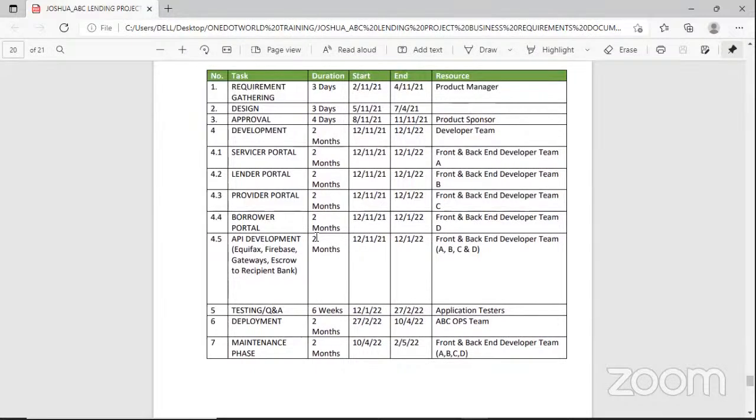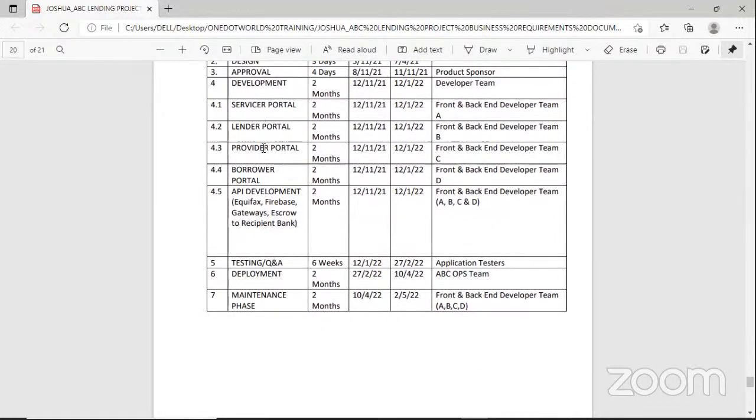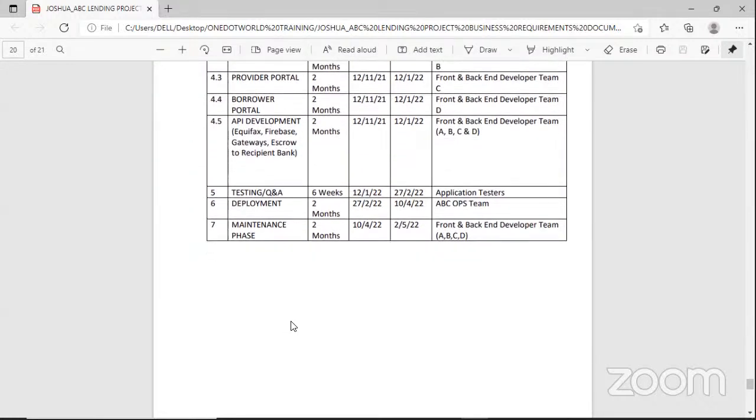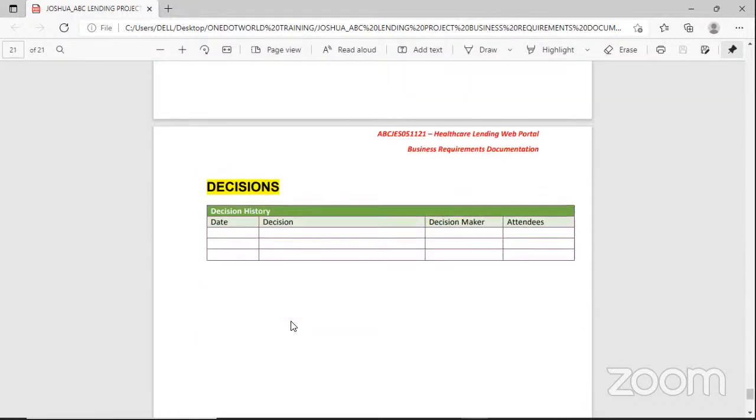Within this period, we'll have requirement gathering and the approval from our clients, for which we are doing this presentation now. Then the development can begin, where we develop all the portals. There are different things that we'll be working on in various aspects of the portal. Then after that, we'll have our testing, and then we'll deploy, and then we'll do maintenance, which is very key to ensure that our product is viable on the market, and our executive sponsor is pleased.